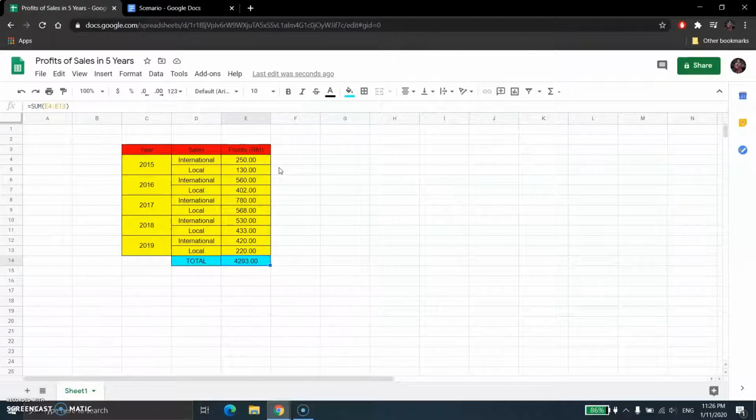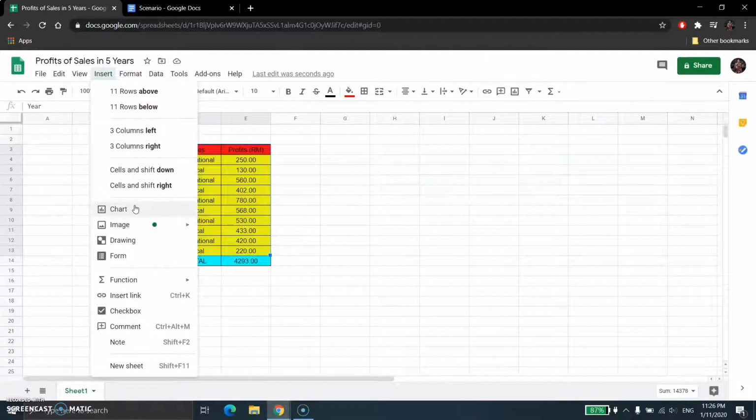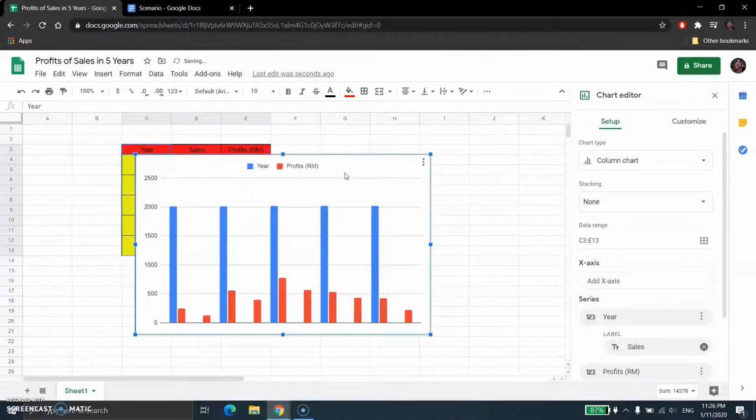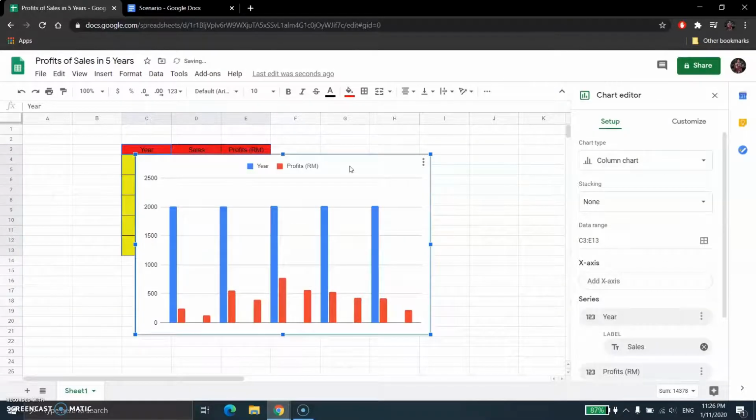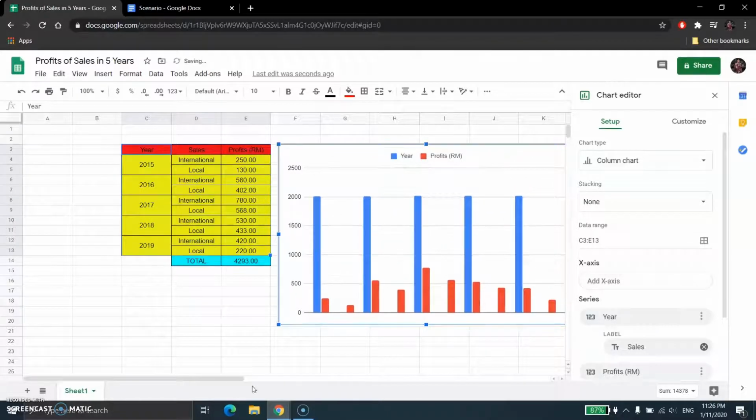So if you want to create the chart, you must first highlight all the data that you want to be in the chart. Then there are 2 ways to create the chart. First, you can go to insert, and then there's chart right here. There it is. Or you can first highlight it again, and at the top right here, there's insert chart, and there it is, the same. So I'm going to drag it over here,